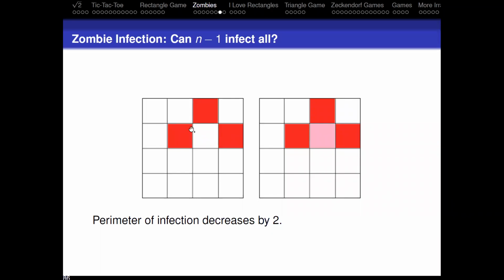Yeah. So this is an external wall. 1, 2, 3. So you see how these 3 walls were all external walls and part of the perimeter. Once this cell becomes infected, they're now internal walls, and they don't count towards the perimeter of the infection. Oh, yeah. It does now, because we are assuming that this cell is not infected. So in this case, we lost 3 walls and gained 1, so the net change was a loss of 2. And then if we're in the situation where 4 neighbors were infected, then the perimeter goes down by 4.